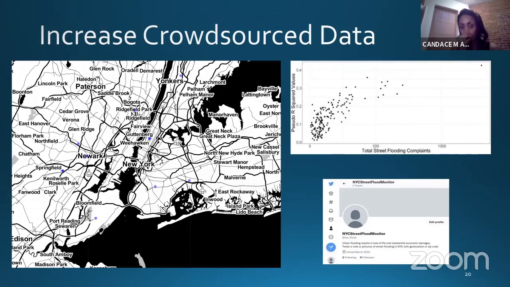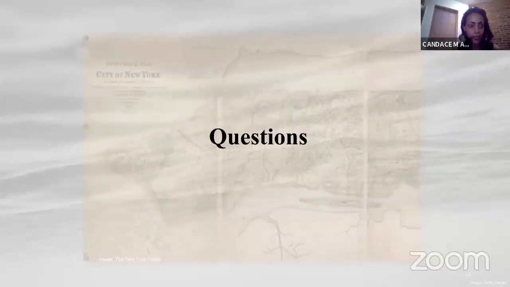So I have a Twitter account where I'm going to import the Twitter feeds and display them on Google Maps. And this is an example of the Twitter feed I ran in R today, and you can see little dots where street flooding was tweeted about, or not street flooding, but flooding within New York City. So we're going to work on improving that and making that in real time. And then that's it. Thank you.